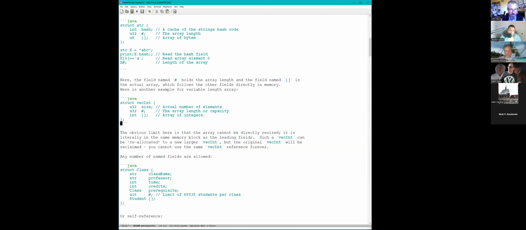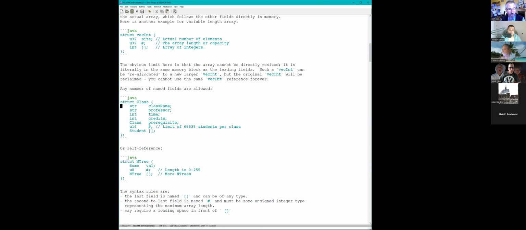And here is me making a vector int, trying to write one on the fly. Same, other than the new bits coming, so I'm going to say you can have different sized array lengths. There'll be some basic power of 2 integer sized holder, but it doesn't have to be a full 4 bytes. If you have tiny German strings, those come later. You can have 1 byte or sub-byte length fields.